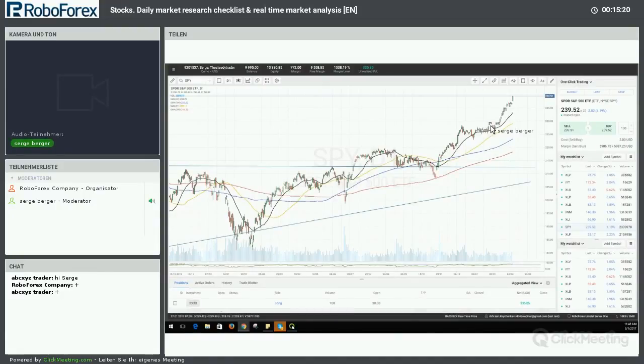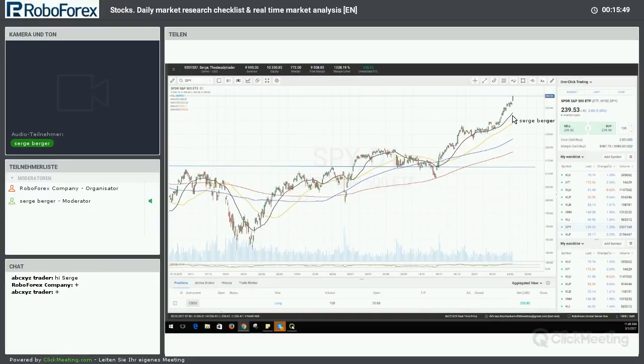Okay, so what I would like to primarily show you guys here is my moving averages, and first and foremost, I want you to see the lines here. We start with the black one, which is my 21-day simple moving average, and then right after that, what you'll see is the yellow line, which is the 50-day moving average,